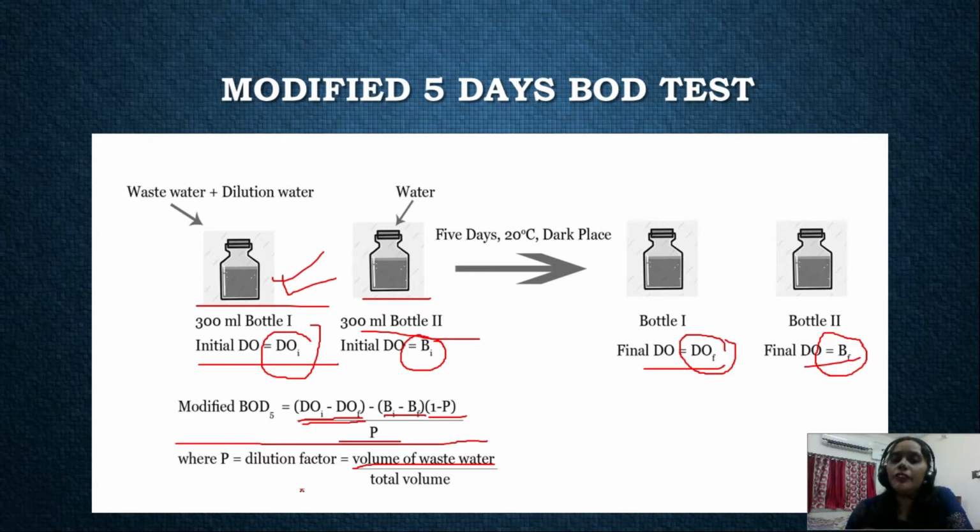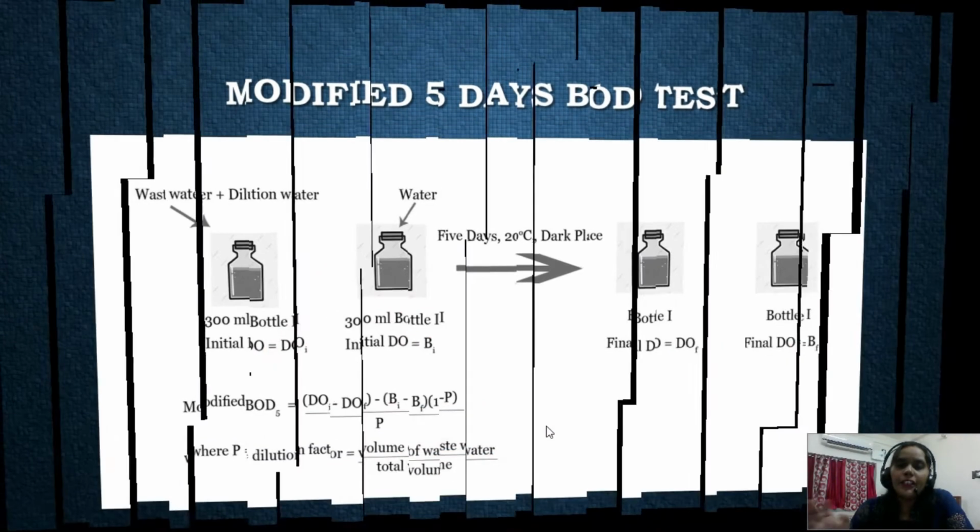This equation we have got from the previous BOD test. After modification we have got this equation number 2. So while we are solving the problem, at that time we have to check very well what data are given. Based on the given data, we have to identify which equation, between these two equations, we have to use. Understand? So this is a very tricky one. Understand? Okay.